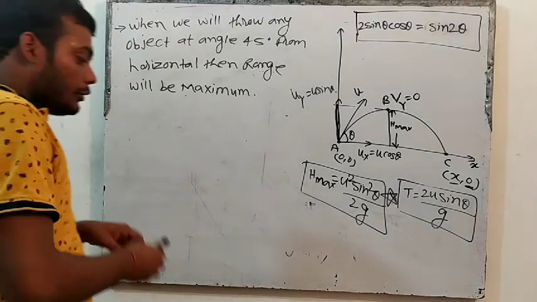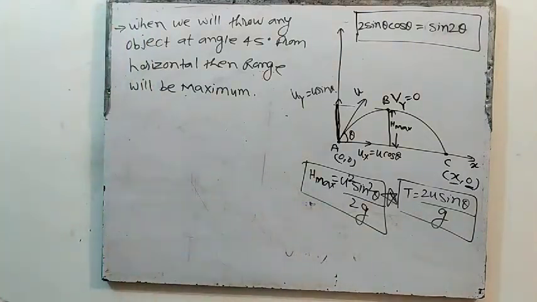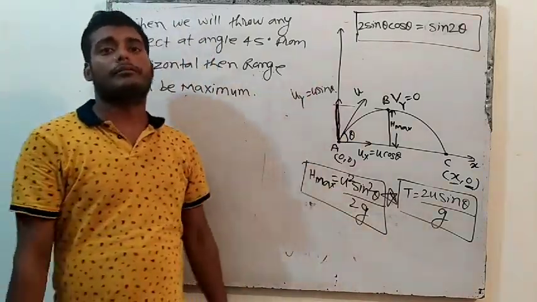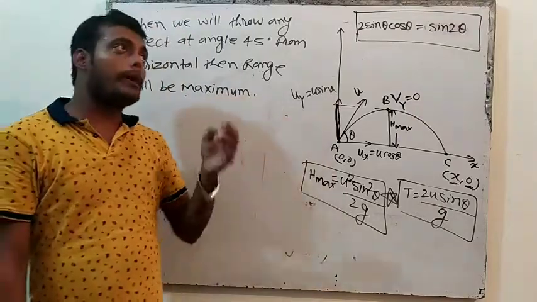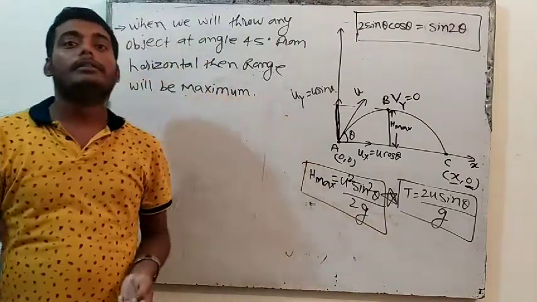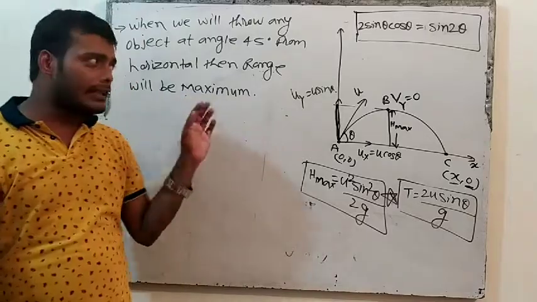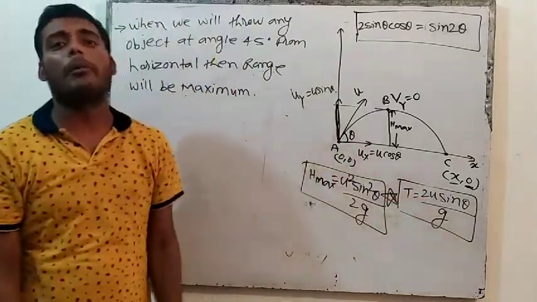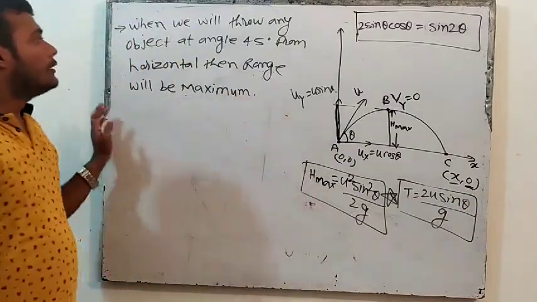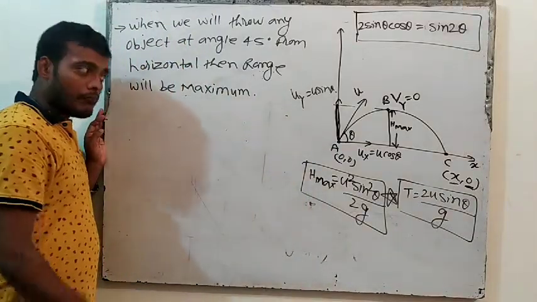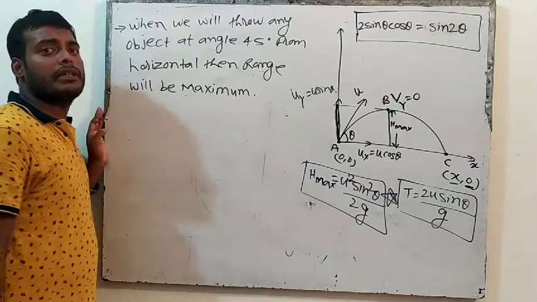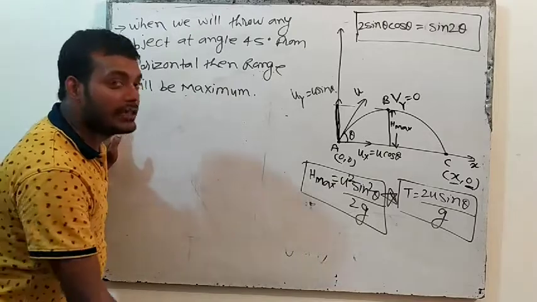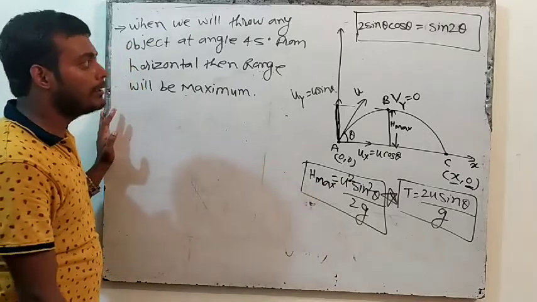Now listen something. Today I have covered derivation part of projectile motion, but projectile motion is not finished. This is very important topic. In my next class I will take some numerical questions on projectile motion, and then this is the basic form of projectile. I will come to some extended form of projectile also. So practice on the derivation, because this derivation is coming in board examination, that derive range, derive maximum height.